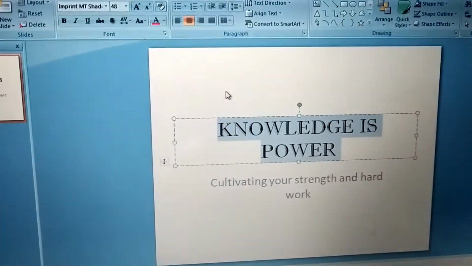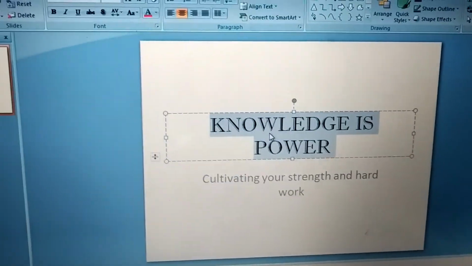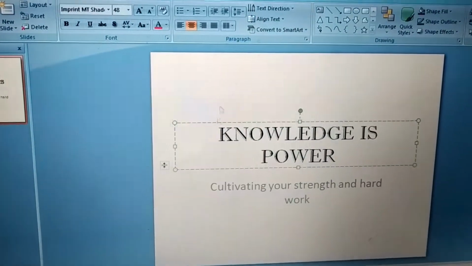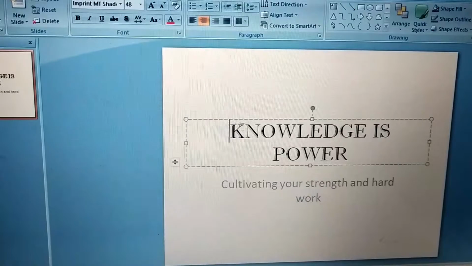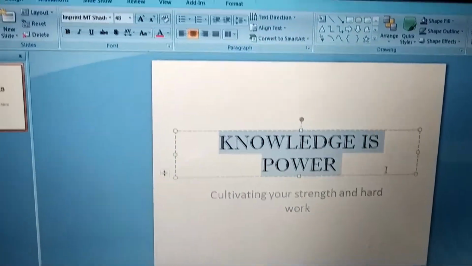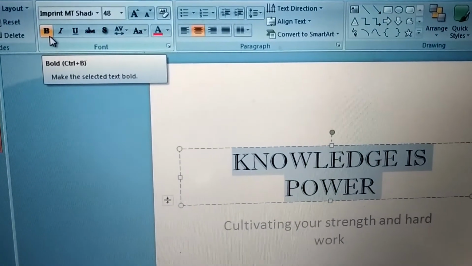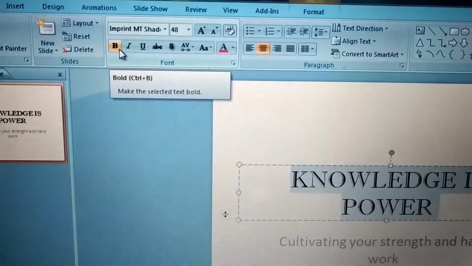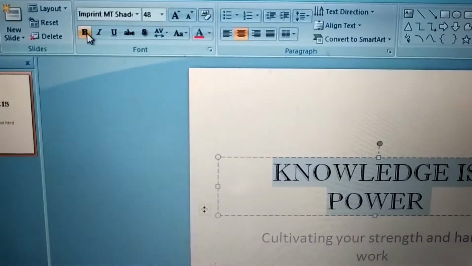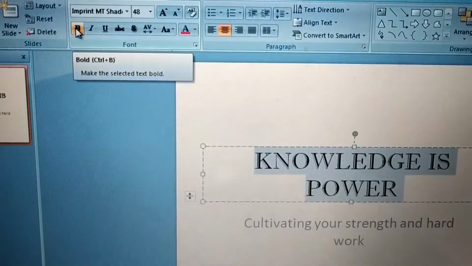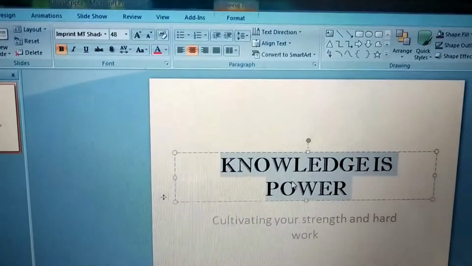Okay students, if I want to make it look bold, what I will do for this? Again, I will select my text and click on this button, bold. These are known as formatting styles, bold, italic, underline. Okay, so clicking on B will make my text bold.